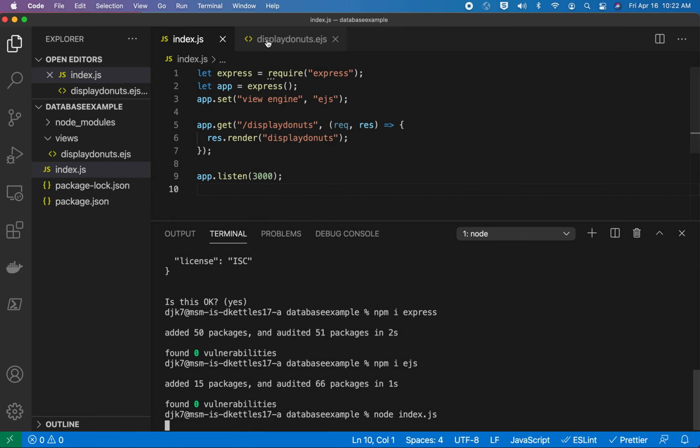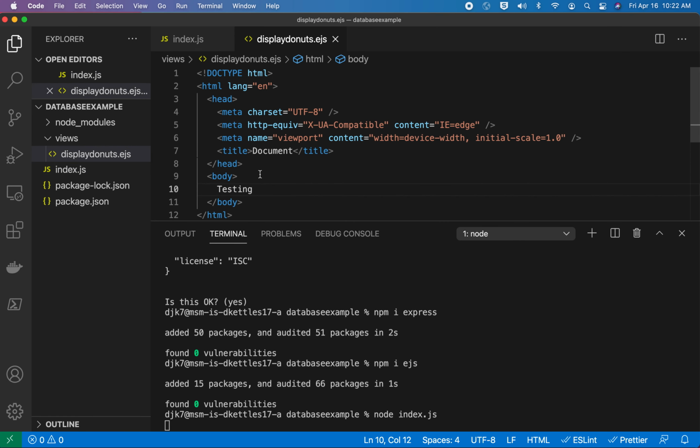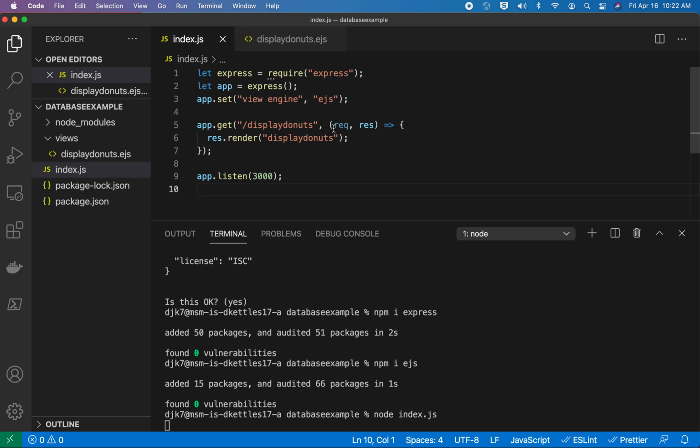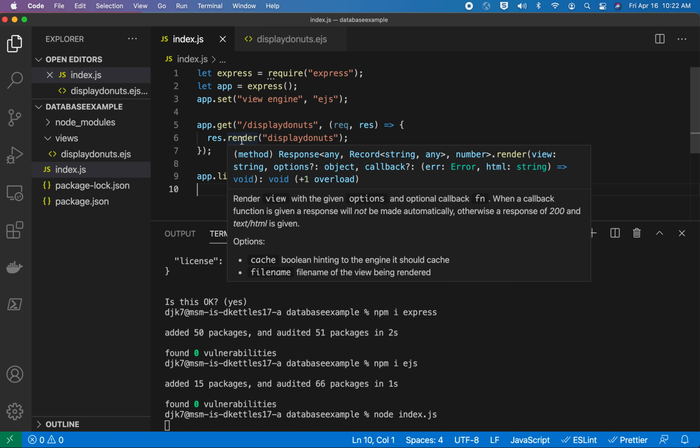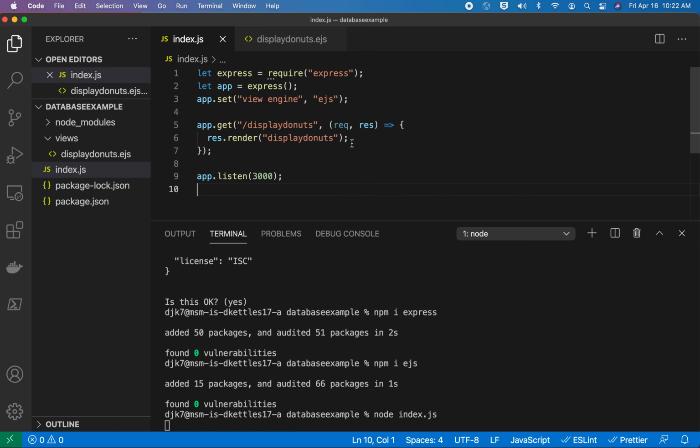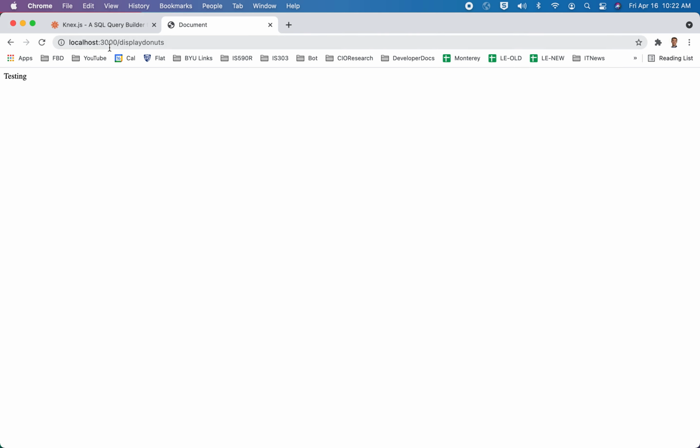Okay, so what I want to do now is I want to display my donut information within this EJS page. In order to do that, I have to pass in an array of donut information into this response.render method. In order to do that, I have to first connect to the database. So how do we connect to databases? Well, let's go out here to